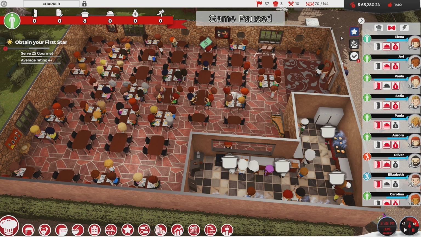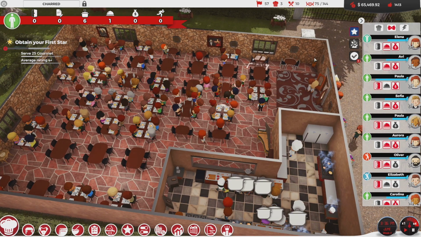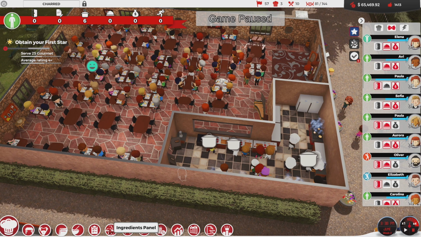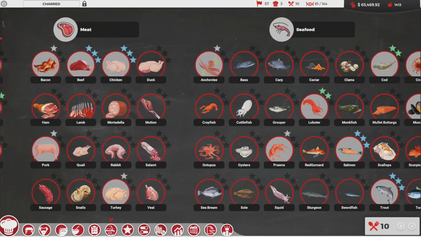Another minor event? No, that's just an old one. No, it's still there. What's this one? Unspent ingredient points. Right. I don't know what we want to do. I'm going to save this for next time, I think. The ingredient points, I'll spend those, but